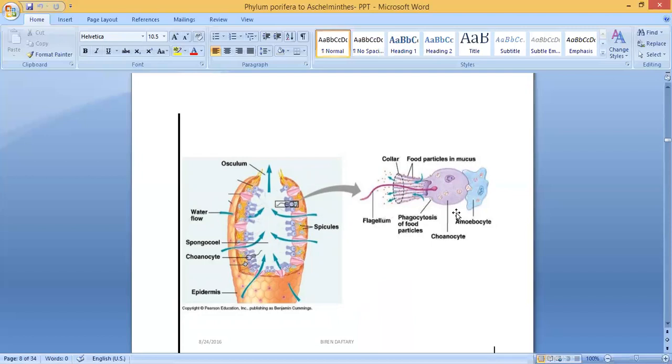What is the function of this carrier cell? It gives up the spermatozoans to an egg lying near a chamber formed by choanocytes. This is a chamber formed by the choanocytes, containing long lash-like appendages called flagella. So the function of the flagella is to generate water current, and also to trap and catch the food items. Clear? So that is the function of the flagella, or the function of the choanocytes.